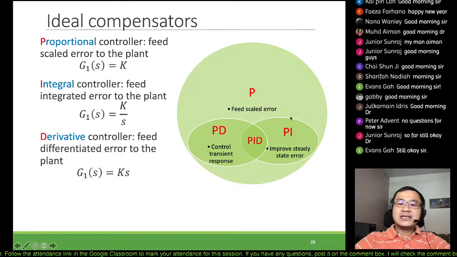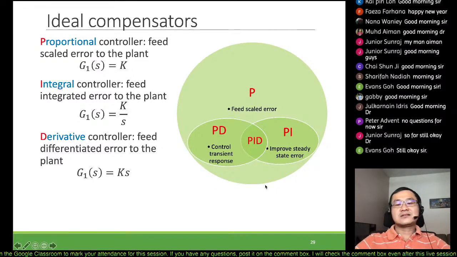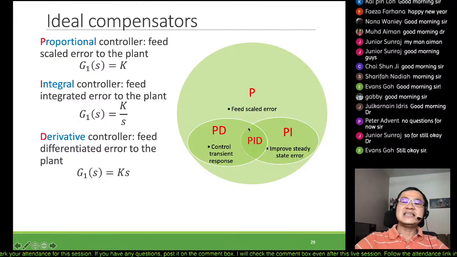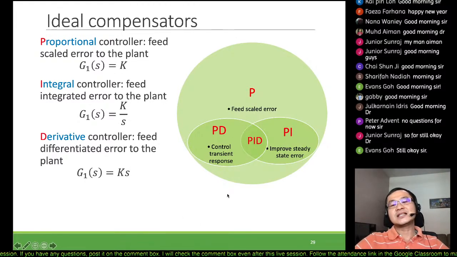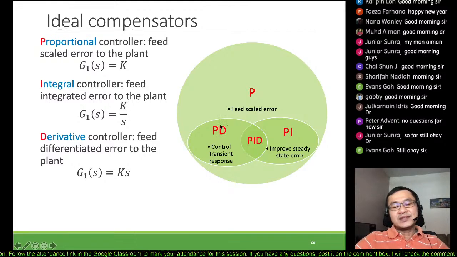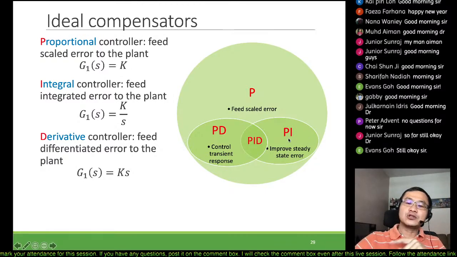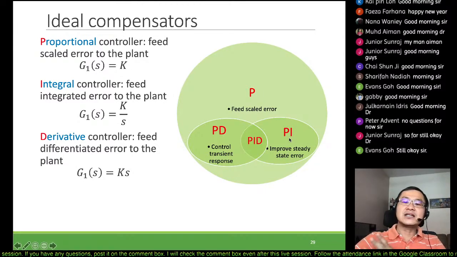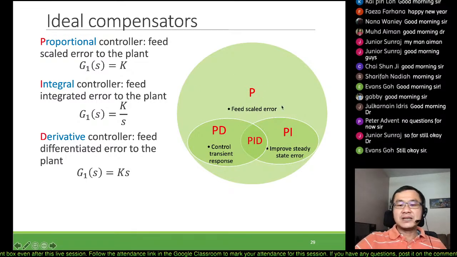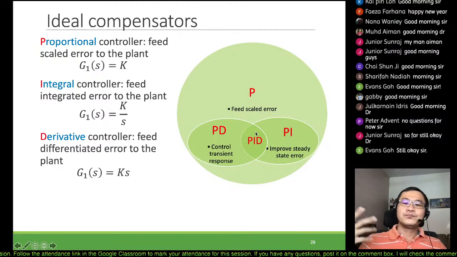So you can see that the PID encompasses the D and the I, right? Previously I drew it with two legs, like the D and the P. So in the Venn diagram you see a very odd Venn diagram, but actually because of this PD, the D always requires the P to adjust so that it lies along the root locus, similar to the PI. When you add an integrator, you need to adjust the P so that it again lies along the root locus. So it should look like this. Okay, so you have the PD, PI, or PID, depending on what